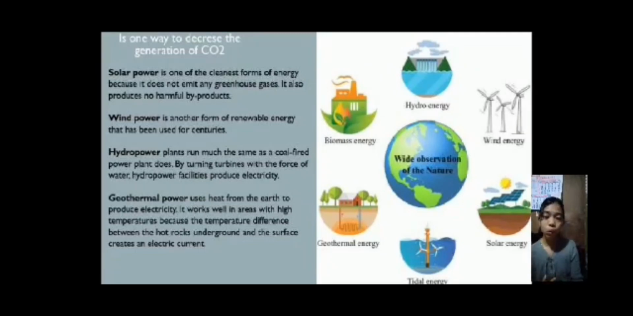the natural flows of rivers rather. And lastly, geothermal power uses heat from the earth to produce electricity. It works well in areas with high temperature because the temperature differences between the hot rocks under and the surface